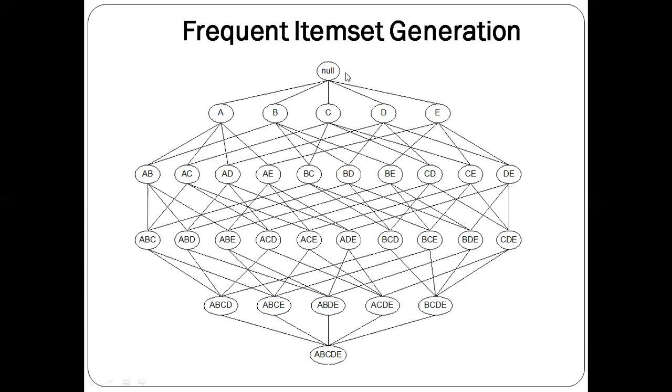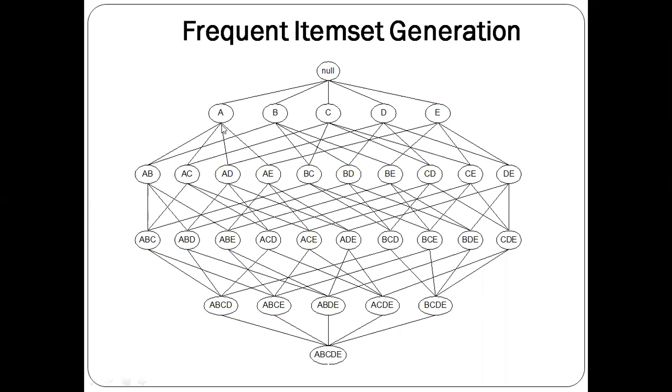Okay. So if you exclude the null set, the other frequent item sets are the single items A, B, C, D, E, and then the combinations of two items, that is AB, AC, AD, AE, and then starting from B, we have BC, BD, BE, and then CD, CE, and then DE. See, all these are two-item frequent item sets. Then if you go for the frequent item sets that contain three items, that is combinations of three elements, that is ABC, ABD, ABE, like that. Totally there will be 31 frequent item sets generated for the 5-item set.